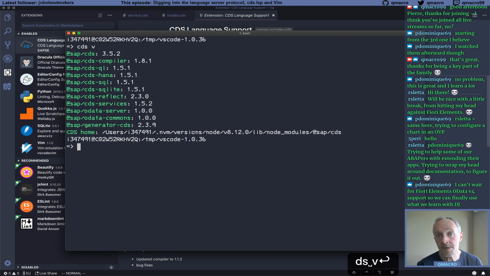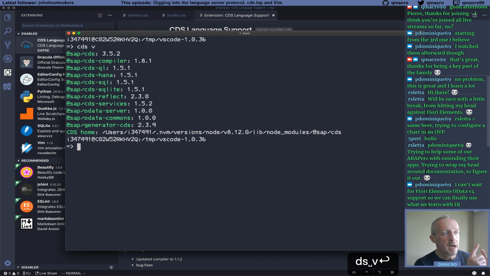Now that's, therefore, if we go back to our shell, not quite up to the same release level as the CDS runtime that we've got installed as a global package here, npm wise. It's not a specific problem generally, but for us, what we need to do for looking at this cds-lsp is have a little bit of a more up-to-date version of cds-lsp. And I've managed to grab one from SAP's Nexus repository inside of SAP 2.0.1, which I can